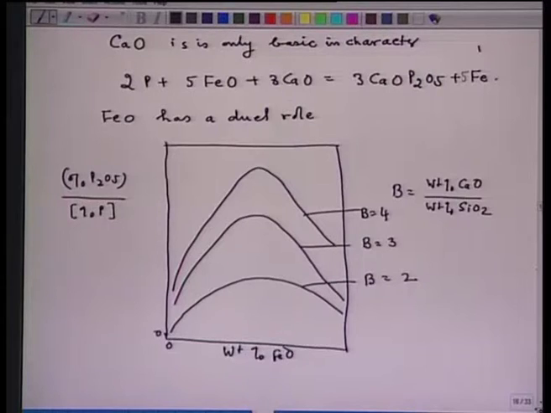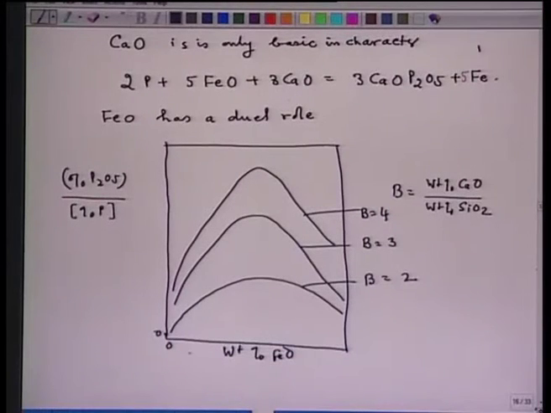First, it indicates that as weight percent FeO increases, the dephosphorylation index increases, reaches a maximum value, and after the maximum value, further increase in FeO decreases the dephosphorylation index. Now, this particular observation is valid for all basicities of slag. Now, what does it mean? That means, if we consider, for example, the nature of variation for basicity equal to 4,